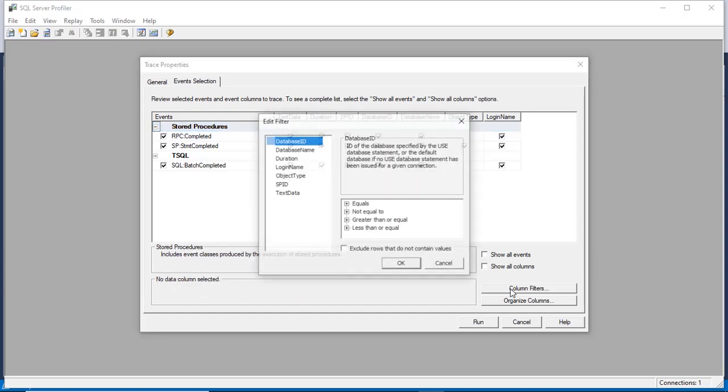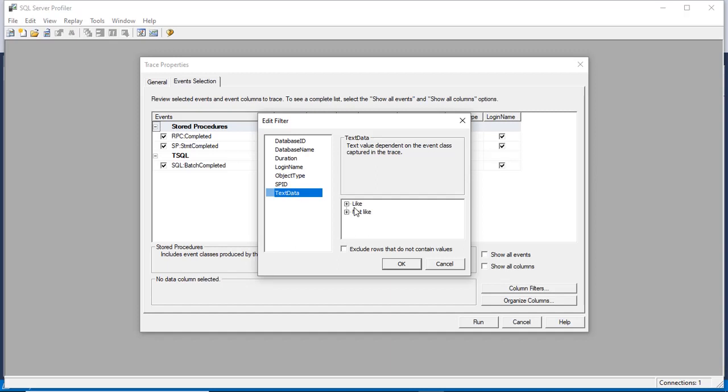Go to the text data. On text data, again I have two operators, like and not like. On like, here I write employee table. This is the same as you write with the like operator in a SQL statement. So in the text data I have a filter now. It will trace only those statements which have the employee table or the employee word.